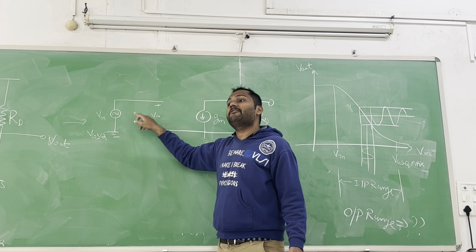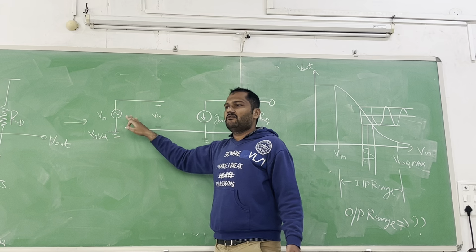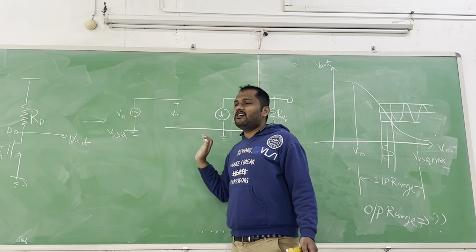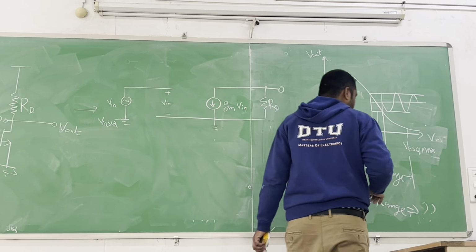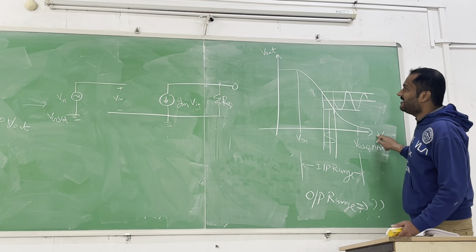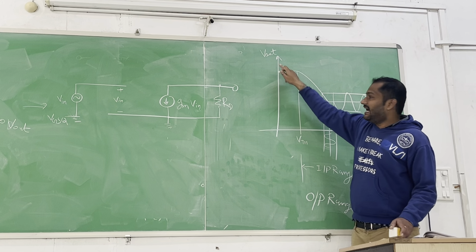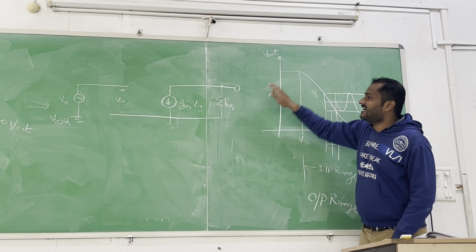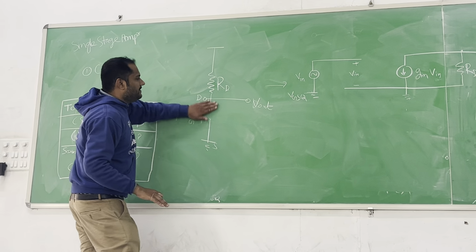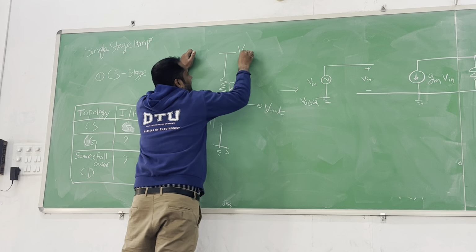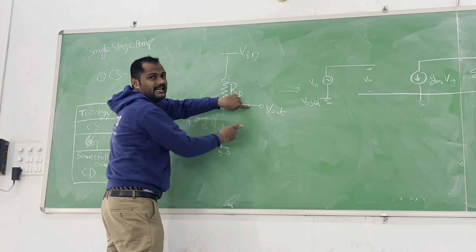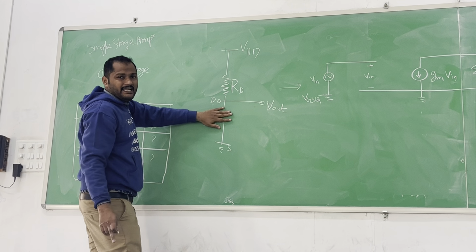How does the signal look for AC? What we are calculating is how the circuit looks for AC, not DC. So when we draw the input output characteristics, this will come. This is the input. The X axis is our Vin, and the Y axis is our Vout. Before threshold voltage, the switch will be open. The switch will be open, and this VDD will be connected to this. There will be no current.